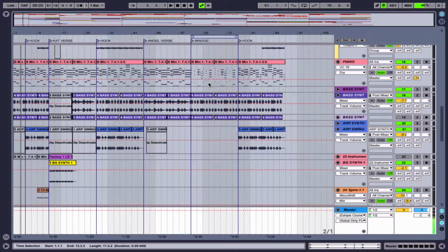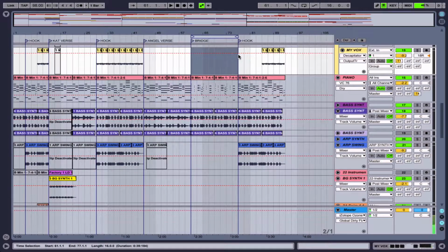What you're looking at now is this track, Third Law of Emotion, that I produced with a couple of friends of mine. And in this track, there's a bridge section here. What I did with this bridge section was I broke it down and then started to build it back up to lead back into this hook again. And what I'll do is I'll show you how I built it back up using this kind of layered cake